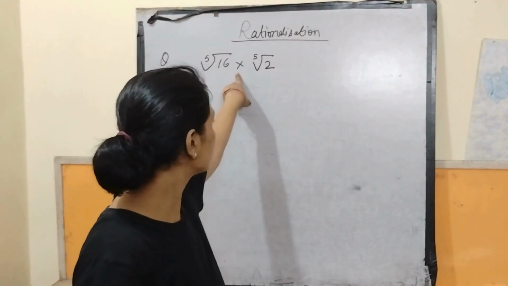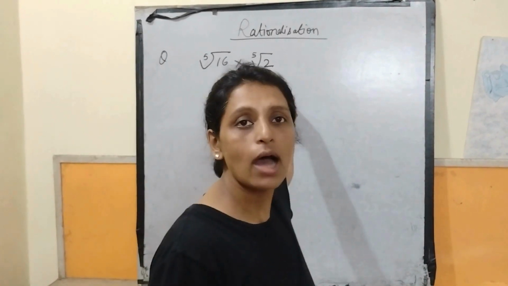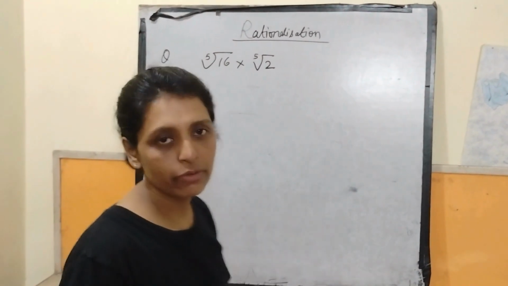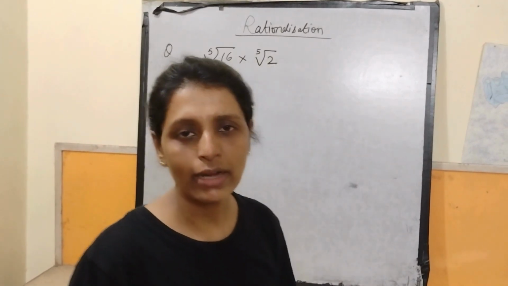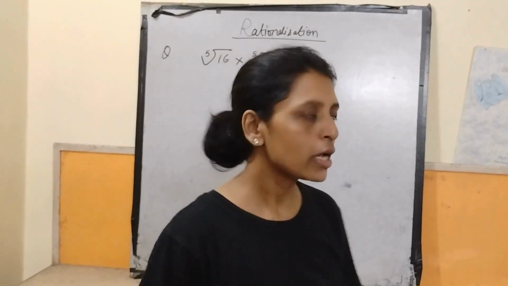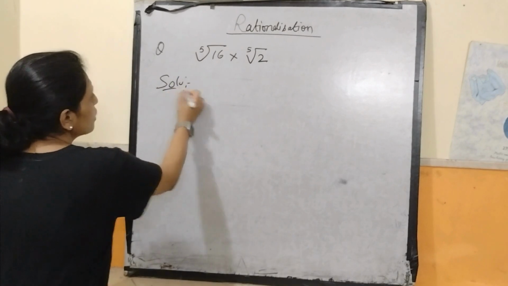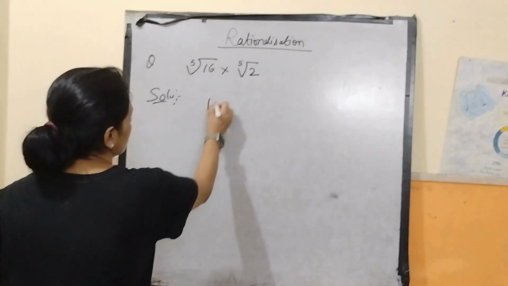16 under root 5 multiplied by 2 under root 5. Okay, so we have to simplify this and find out the solution. Okay, so how to do this? Let's see. So we know that